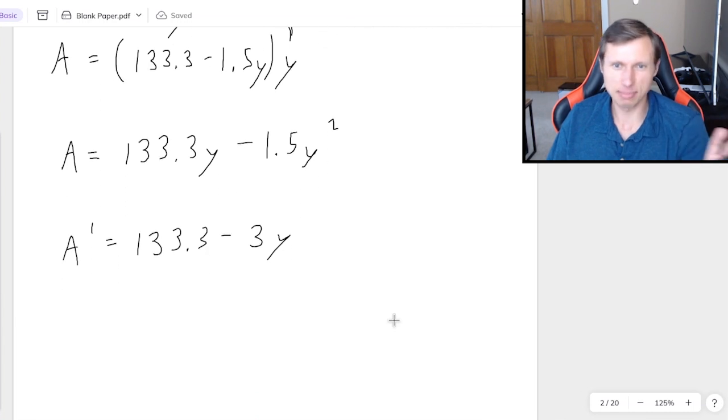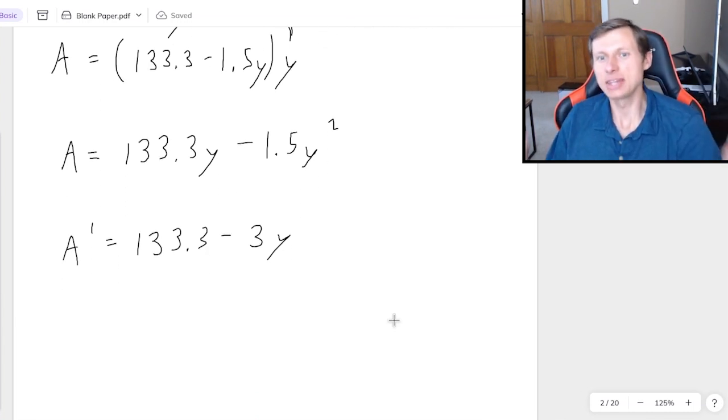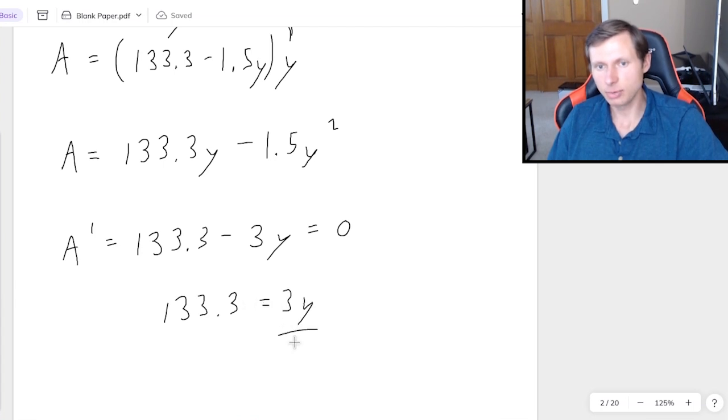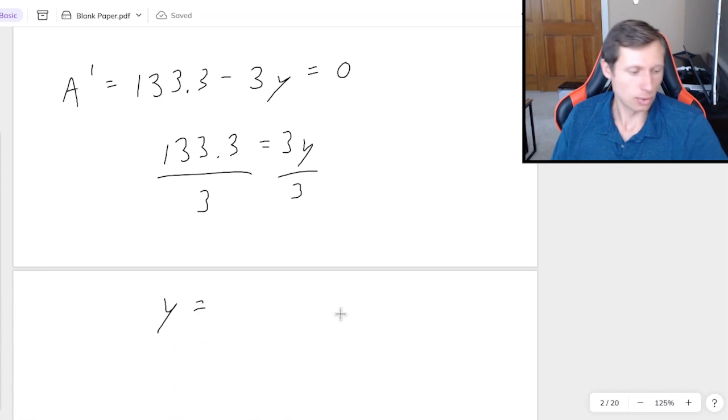Okay, next step. This is the first derivative test. That means we're setting this equal to 0, solving, making that number line, and testing the points, positive and negative, to see if we have a maximum or a minimum. So first, that means solving for y. I will add 3y to both sides, and then we just divide by 3. This one's pretty easy. So y is going to equal, again, getting out my calculator, that's going to be